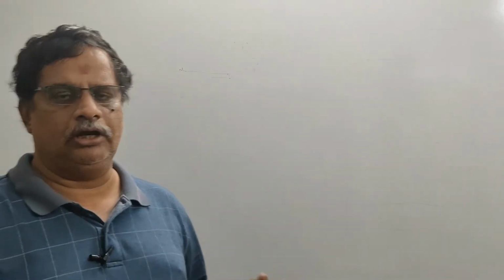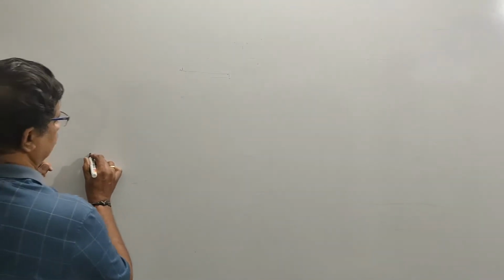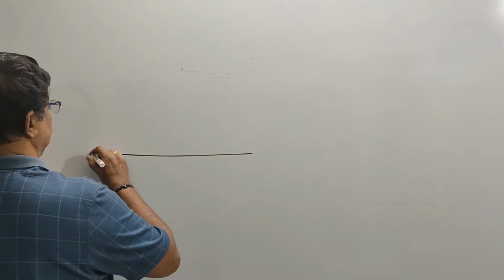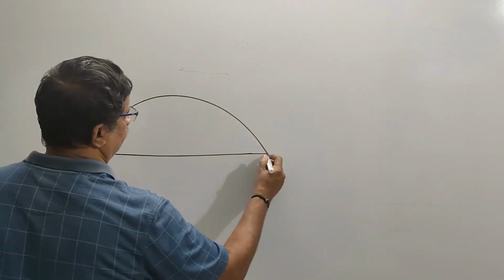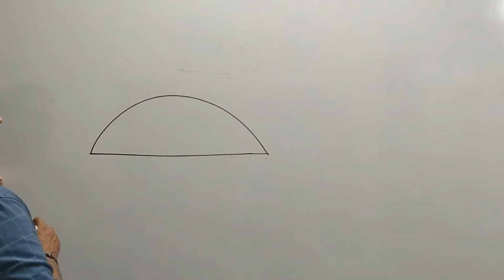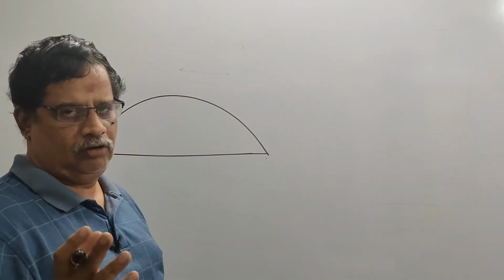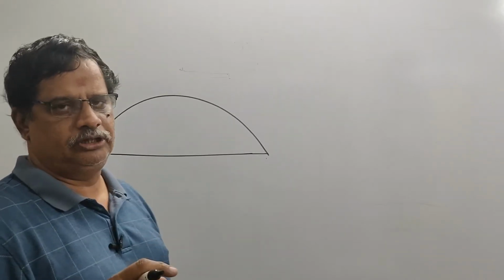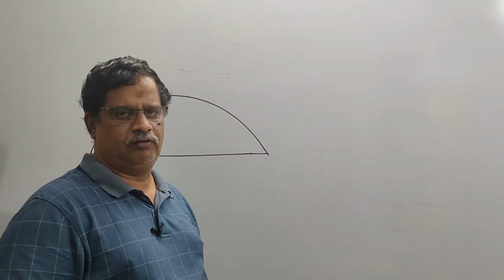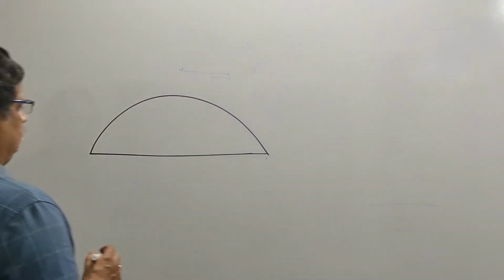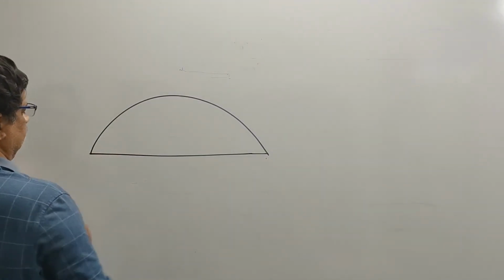So what we are going to do here is to determine the radius of curvature of the trajectory at 2 points, at the starting point and also at the highest point. So for that I will draw a diagram. This is your projectile projected from this point. This is our point of projection, and from there it is projected with a velocity of 10 meter per second according to the problem at an angle of 60 degree. We will substitute the variables towards the end of our calculation. So we will first calculate the radius of curvature here.